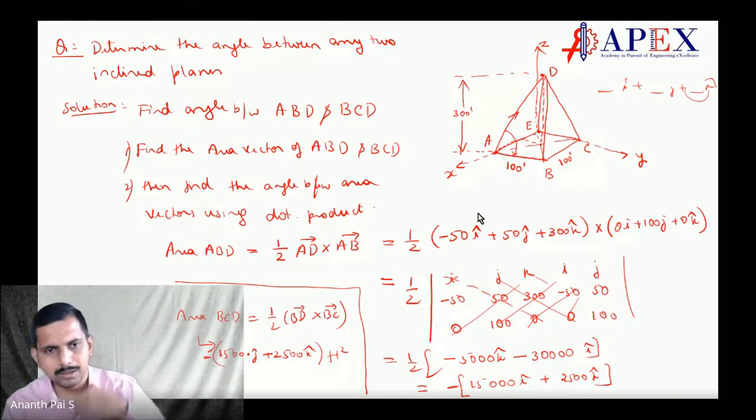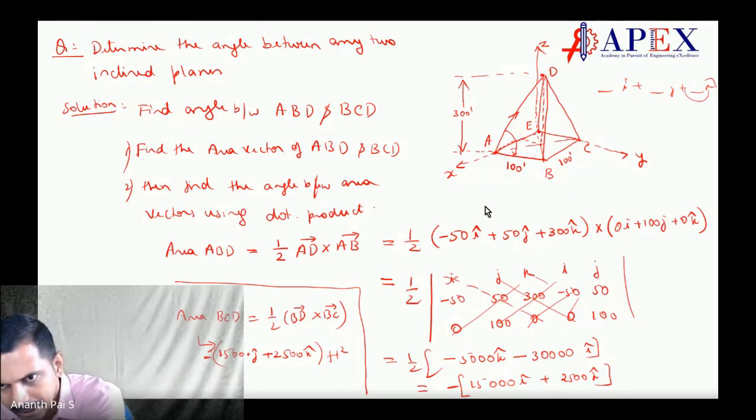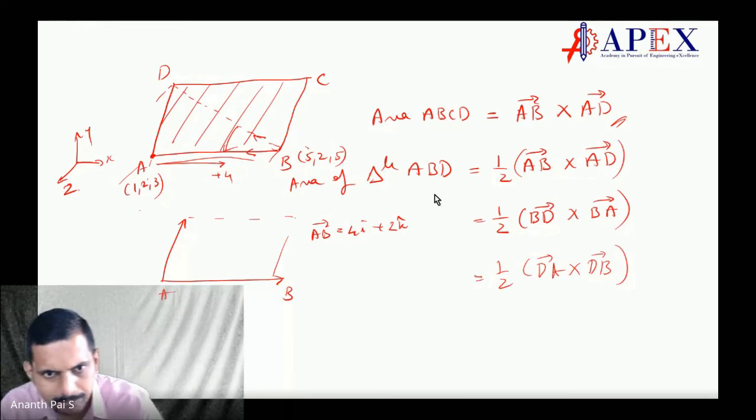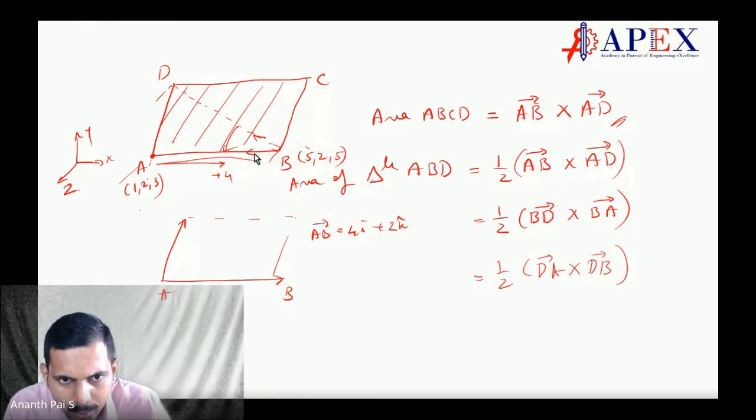Sir, could you please explain once again how to get vector AD, AB, BD, and BC? I am a little confused with this. Okay, see, I'll repeat here. If I have to find out between 2 points, say 1, 2, 3,